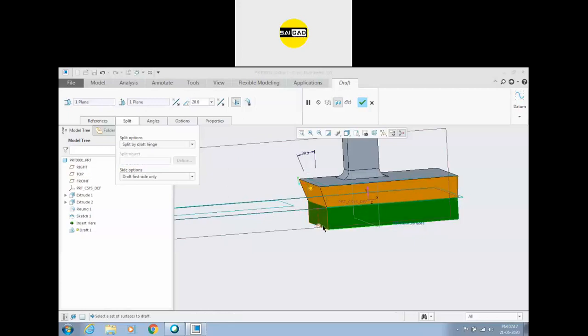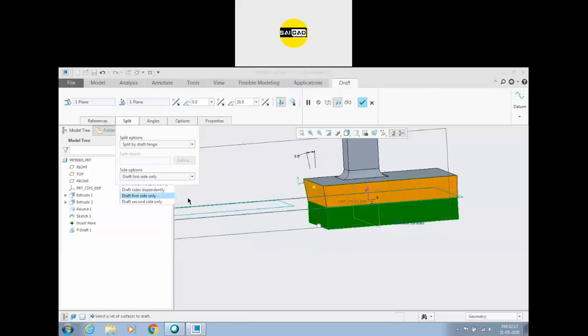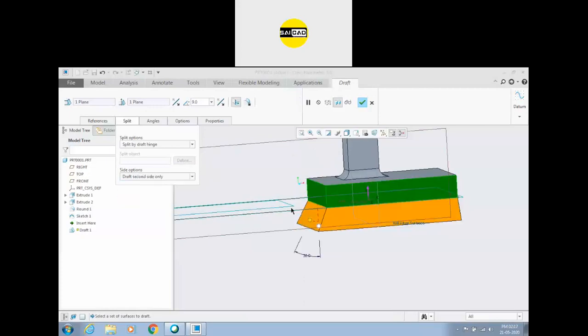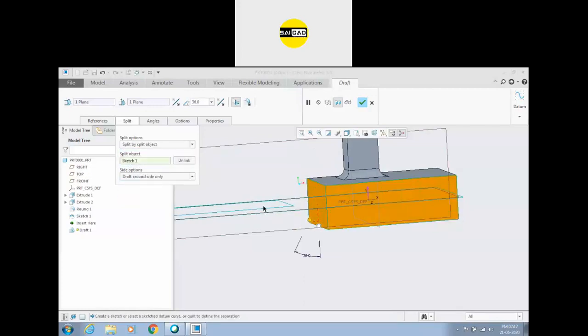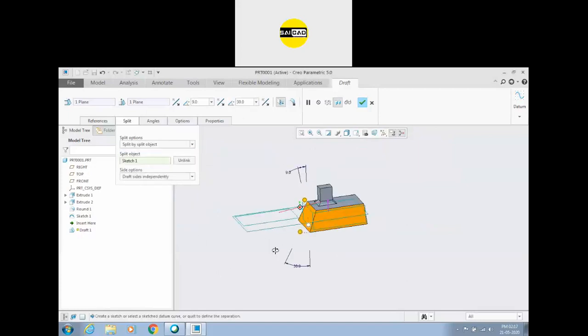Okay. Independent, first side, second side. Draft object. Okay.